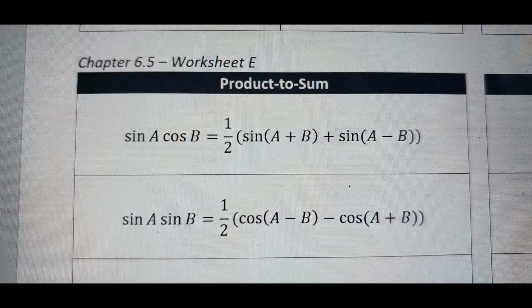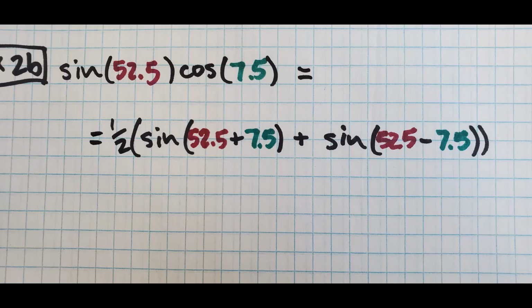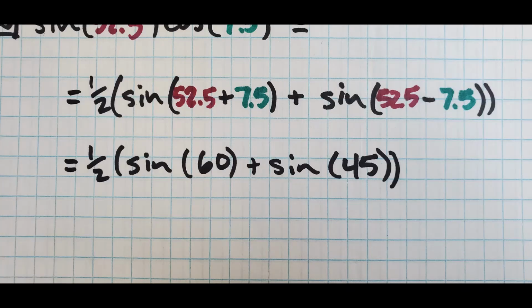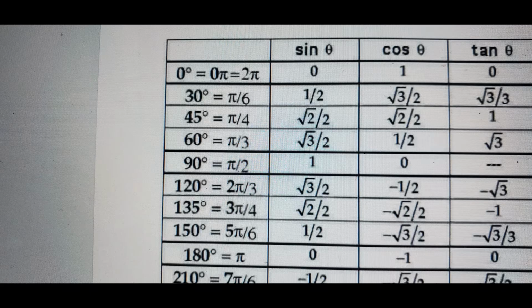Plug in the A and B, so the 52.5 and the 7.5. You end up with this. When you add those, you get 60. When you subtract them, you get 45. So we're here. Now, all these values are going to be on the unit circle, so we look those up,